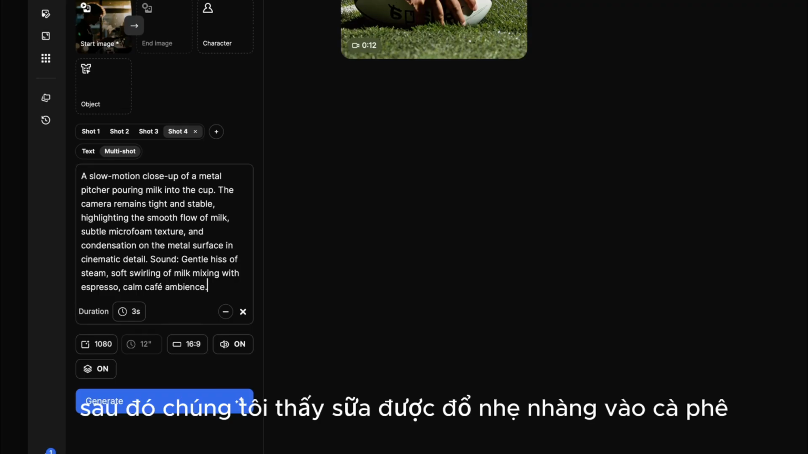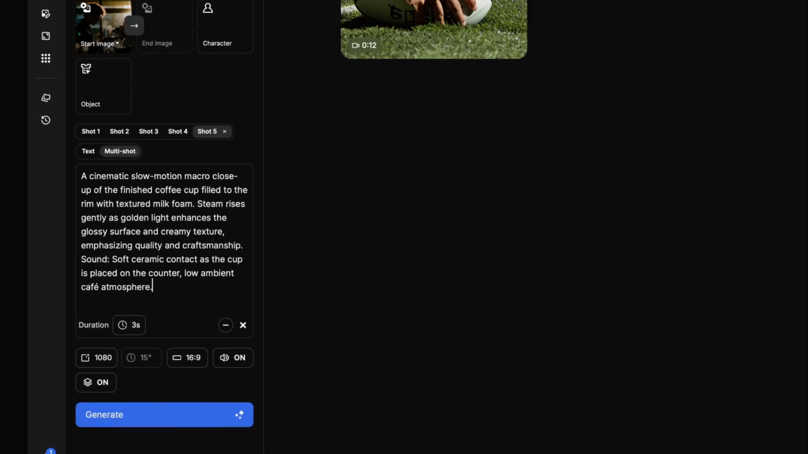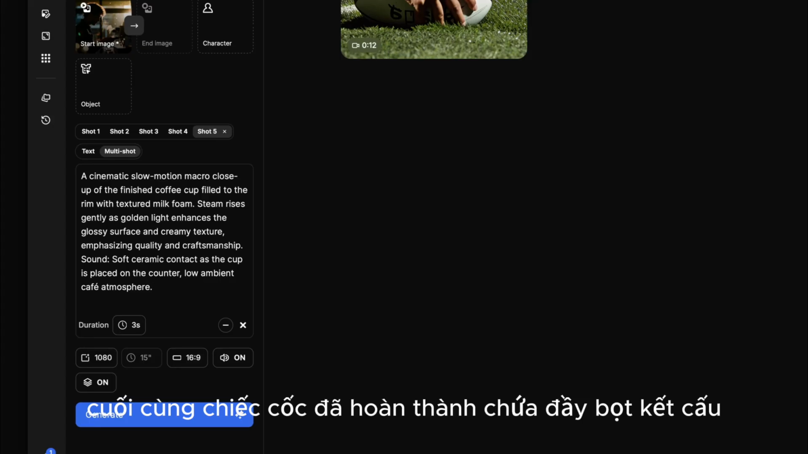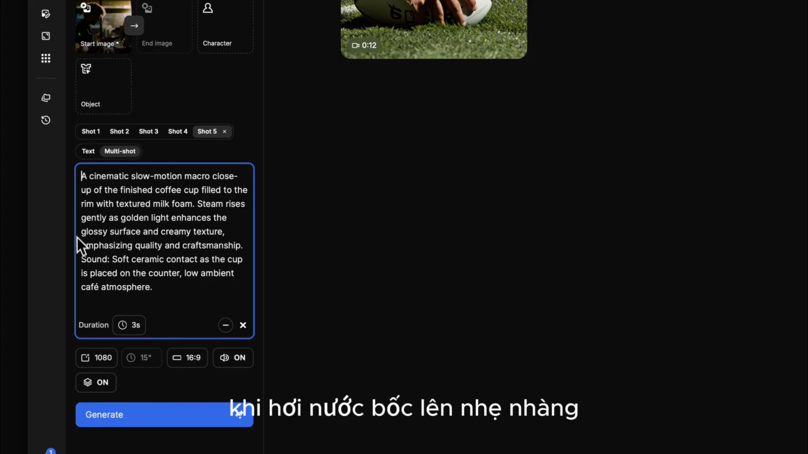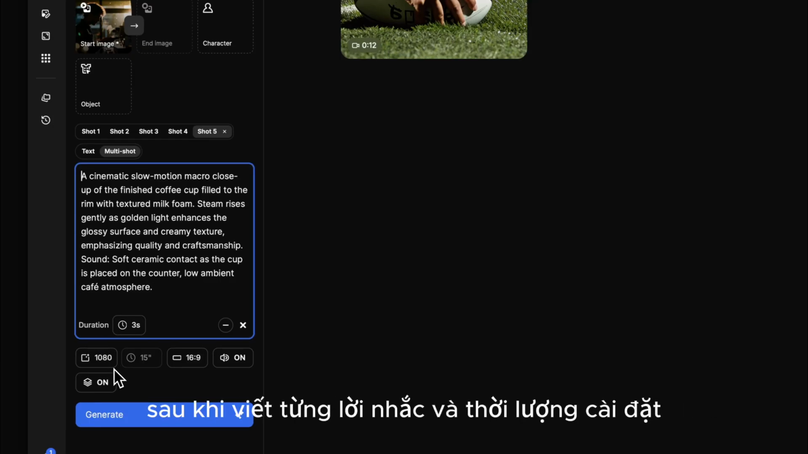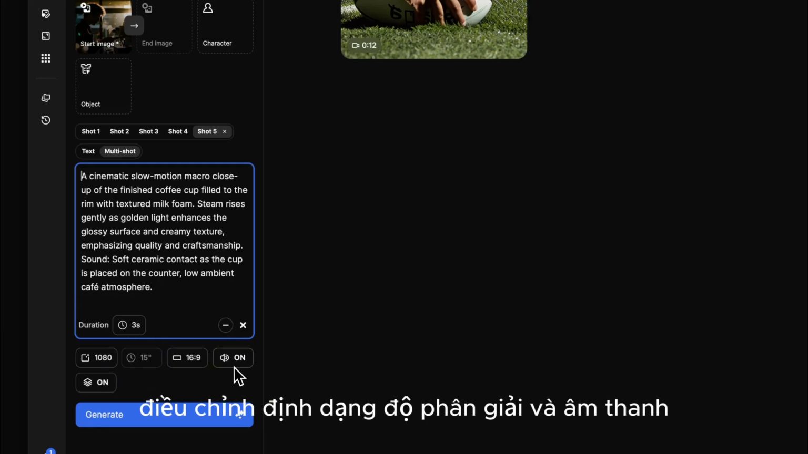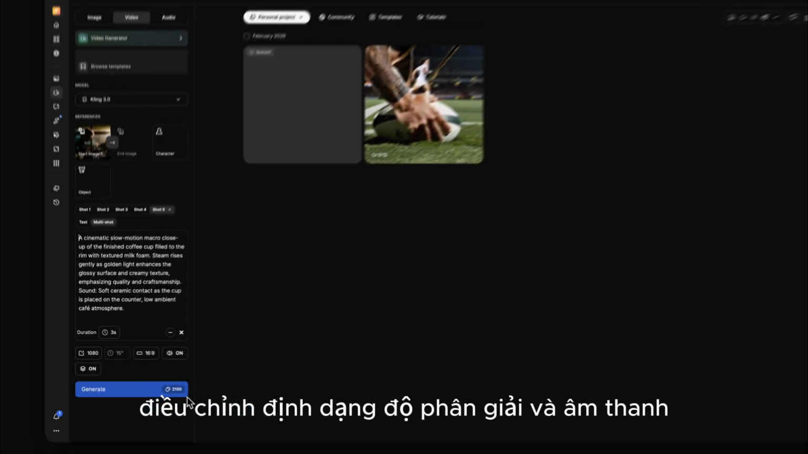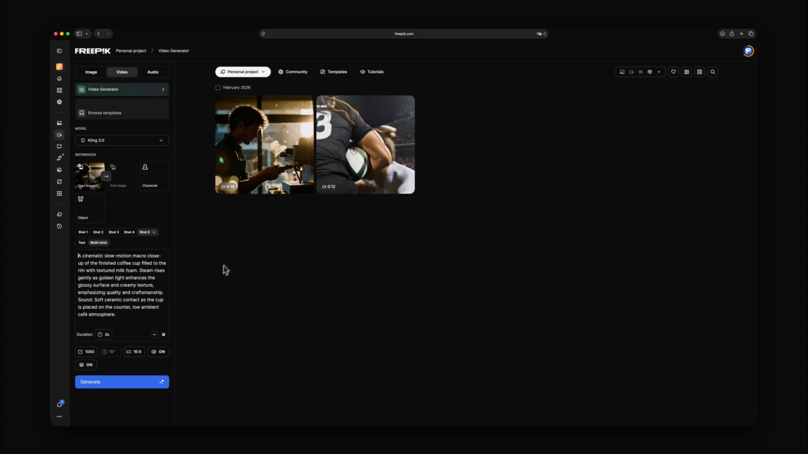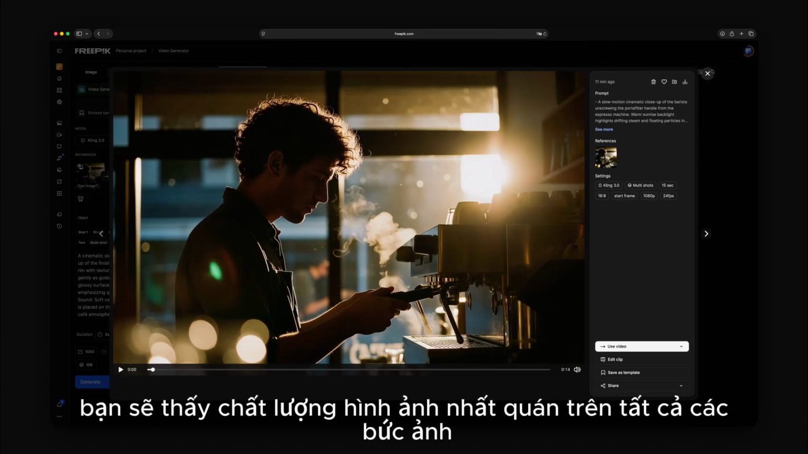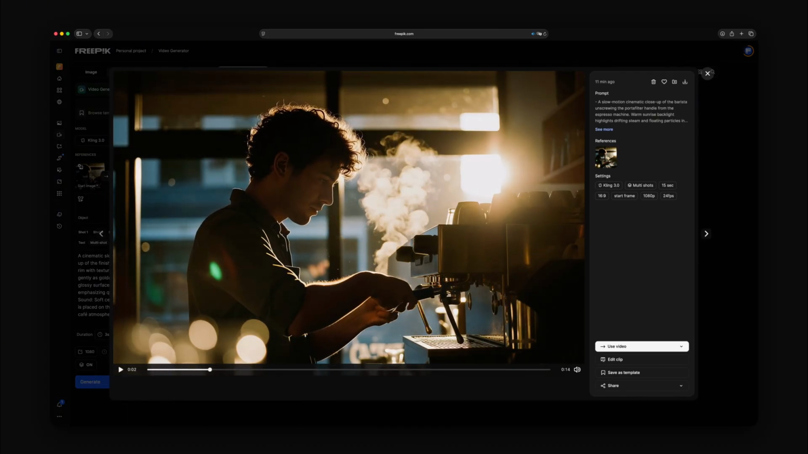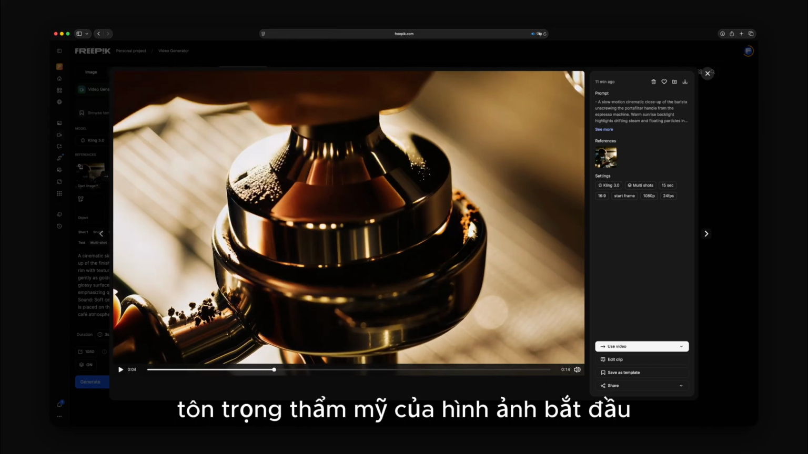We then see milk being poured gently into the coffee. Finally, the finished cup sits filled with textured foam as steam rises softly. After writing each prompt and setting durations, adjust resolution, format, and audio. Then click Generate. You'll see consistent image quality across all shots, respecting the aesthetic of the start image while maintaining